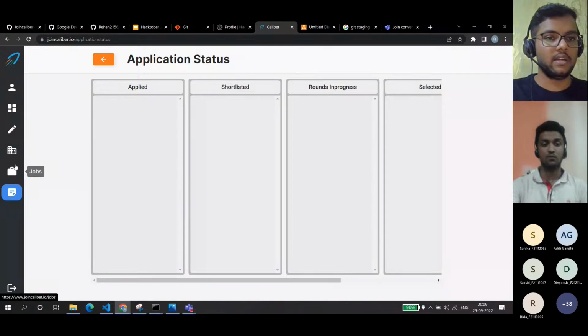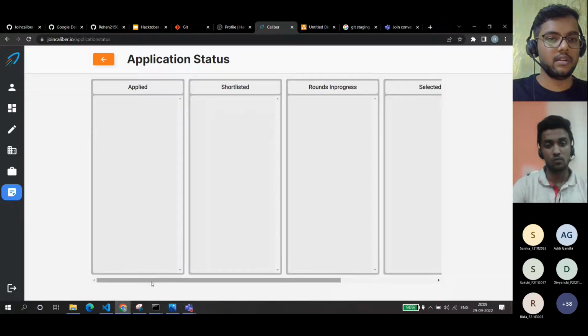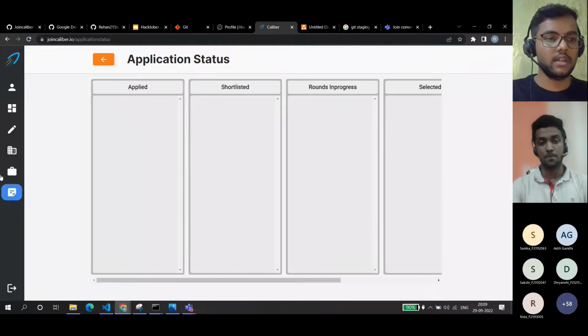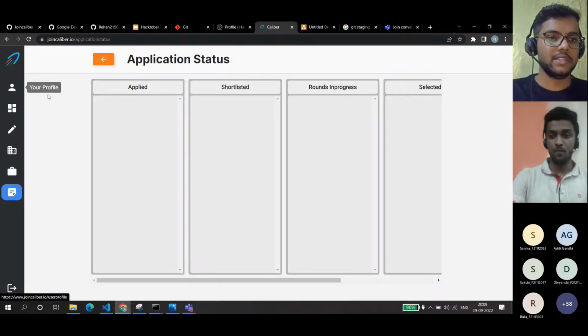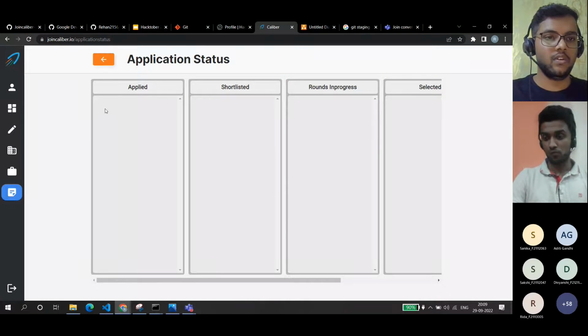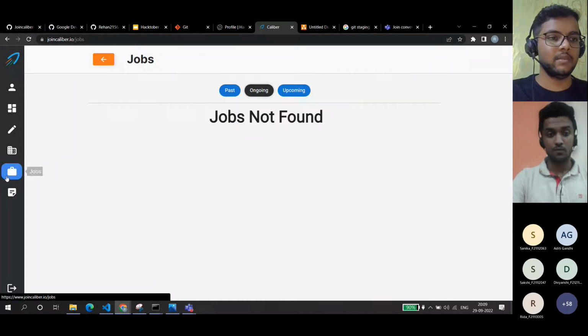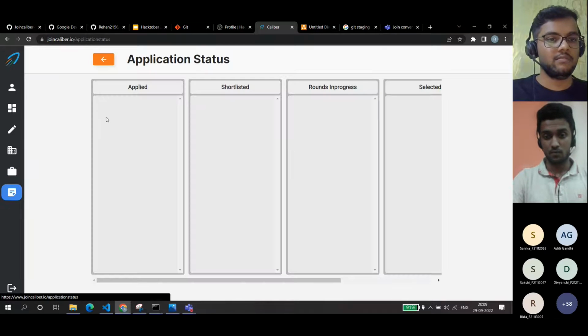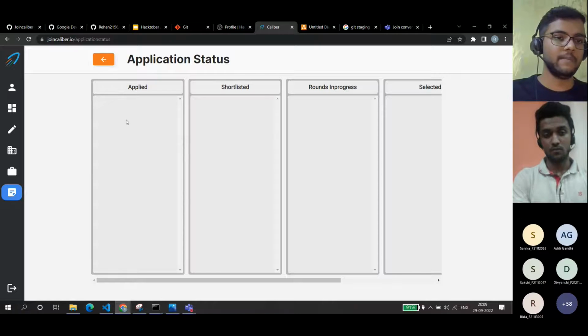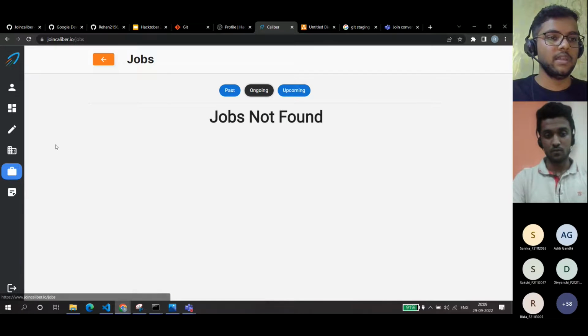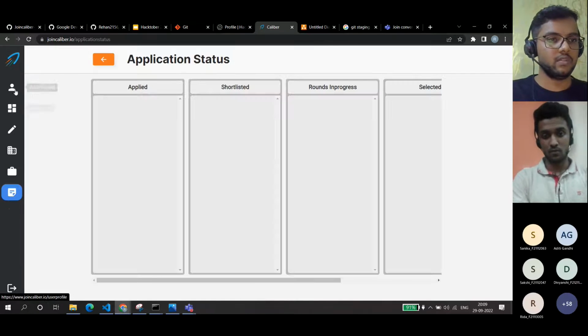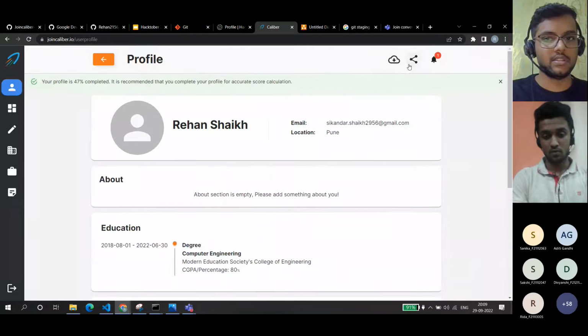We've been partnering up with different colleges to develop this and take the entire placement scenario online. So, let's say a company visits Mescoe, there will be an apply card, and you will have a section which says, hey, you applied to this company. Everything will be so easy for you to manage. So this is all about Caliber.